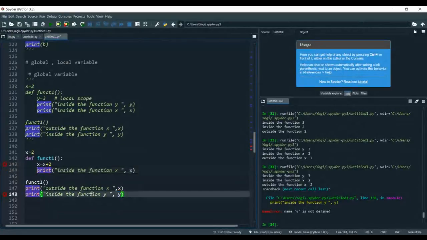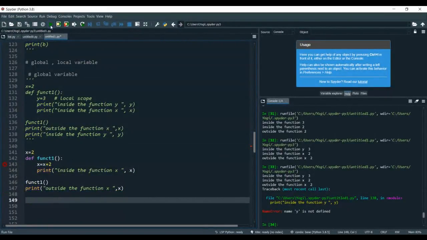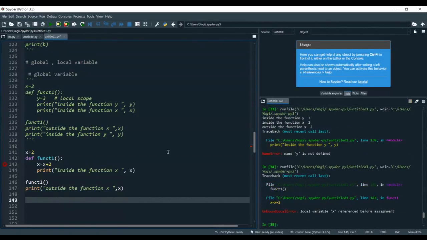Now see what happened. Local variable x referenced before assignment. So I have taken the global variable x and I'm changing the global variable inside the local function, and I'm not able to change it. It will give me the error, right? The error is that it is referenced before assignment.